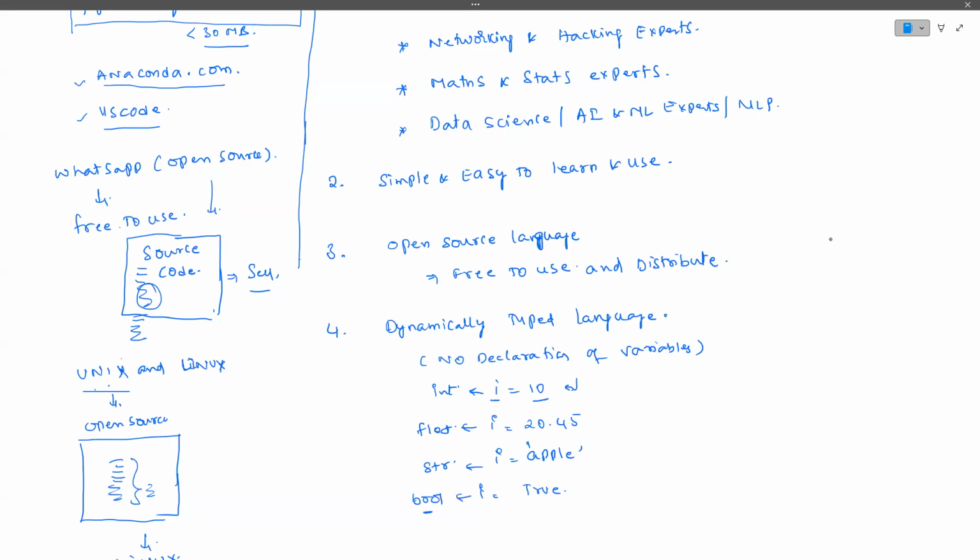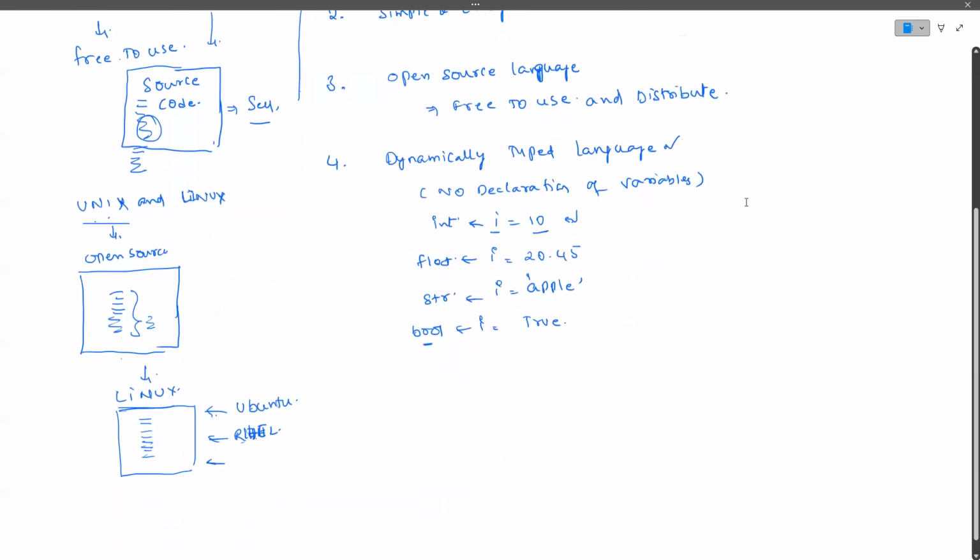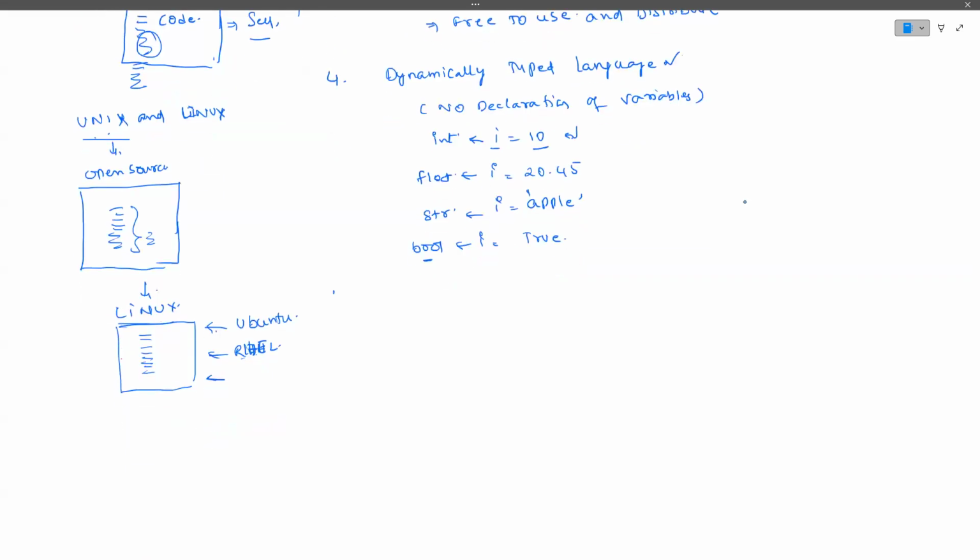We have data types, guys, but Python decides it. You need not worry about those particular data types. So that is one of the best features in Python. The main point is no declaration, guys. Dynamically, whatever you require, just use it directly. No declaration, all these things not required. Okay. Next, one of the main features, guys.